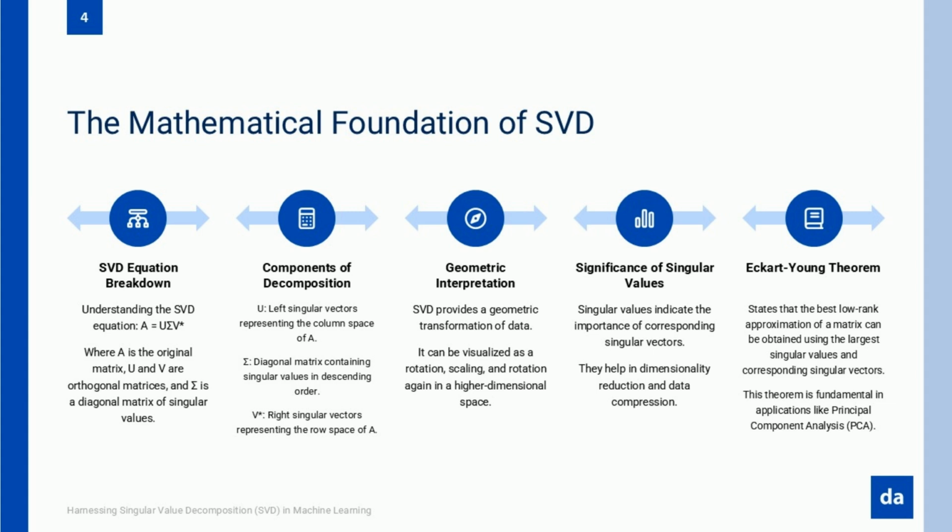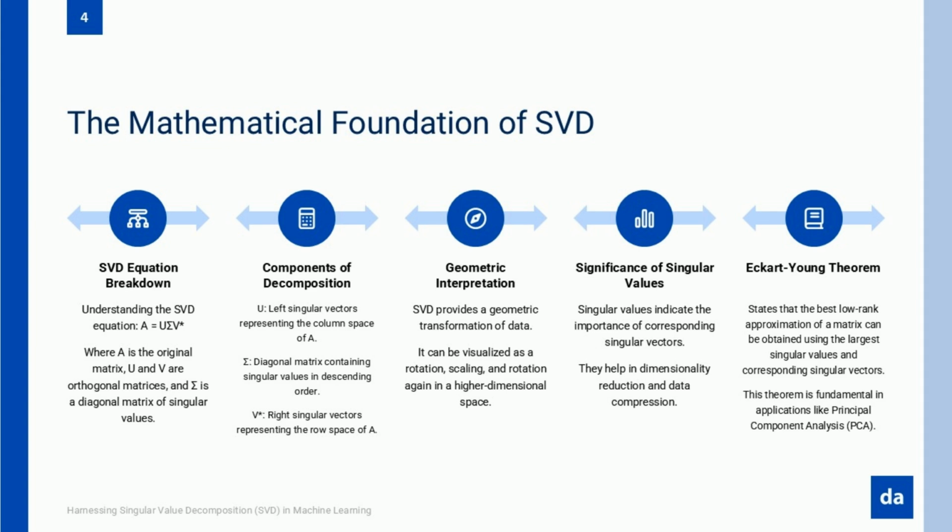Behind the scenes of every dimensionality reduction operation lies a fundamental mathematical question. How can we break down complex data structures into simpler, more manageable components? Matrix factorization provides the answer by splitting matrices into products of other matrices with specific properties, but not all factorizations are created equal. The challenge that mathematicians and computer scientists faced was finding a universal decomposition that would work for